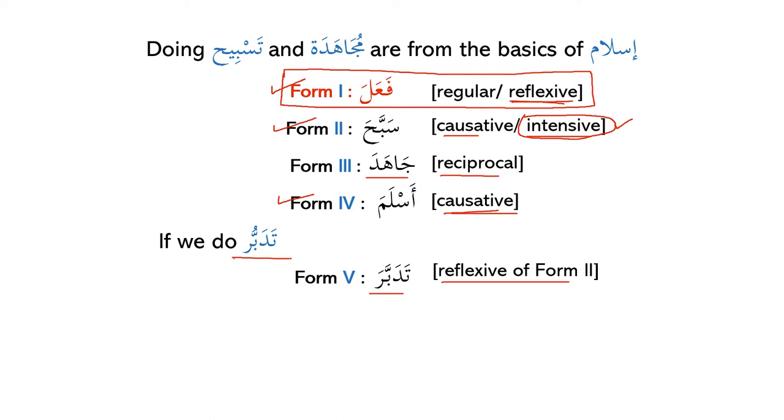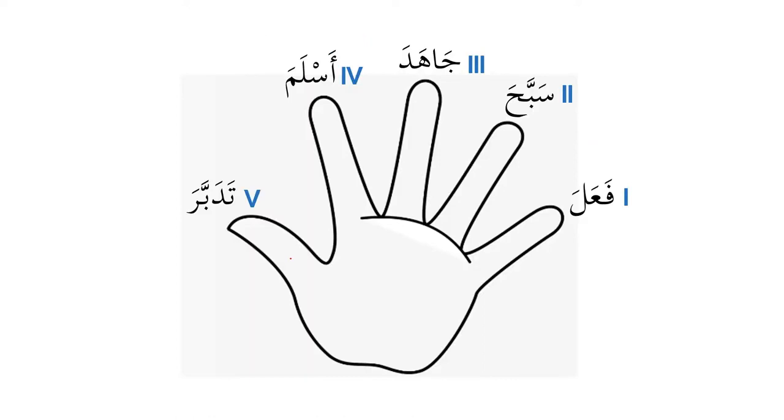Doing tasbih and mujahada are from the basics of Islam. Fa'ala, sabbaha, jahada, aslama. If we do tadabbur, tadabbara, and then we will continue. Now you have these 5 forms on your fingertips, as you can see here. So if we look at form number 1, which is fa'ala, this is the smallest form, so we will refer